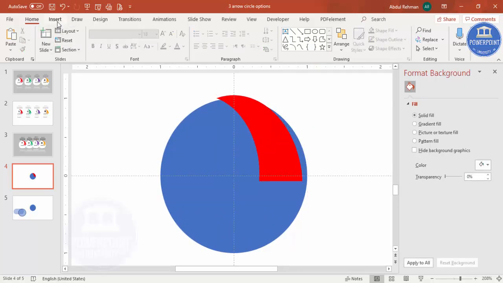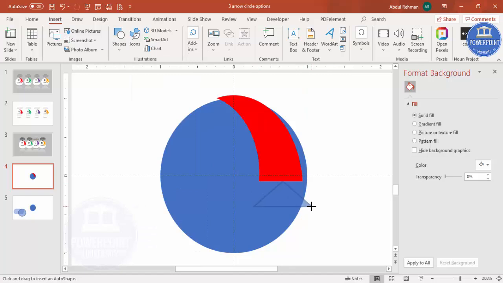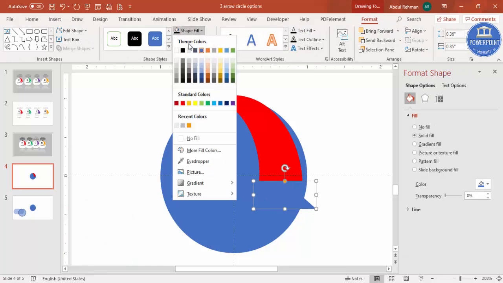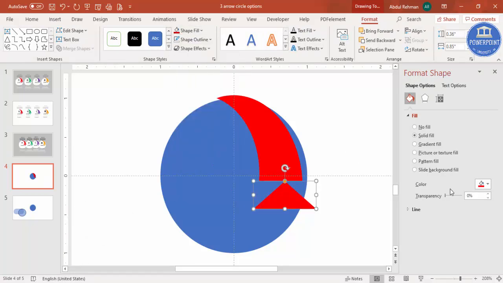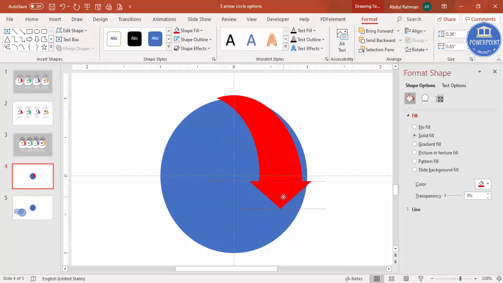Then I'm going to add the arrow header. Go to insert shapes, select the triangle, draw the triangle, again shape outline, make it no outline, shape fill, make it red, and you can go to rotate. You can see here I can just say flip vertical and just put it exactly in the center. Then select this shape, hold the shift key, select the arrow header or the triangle, merge shape, you can union